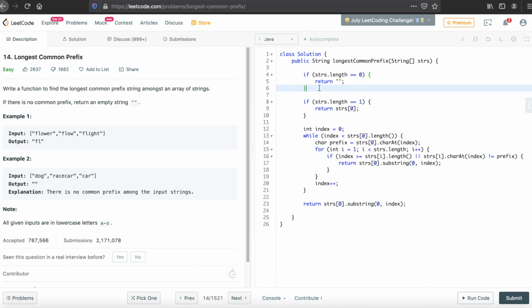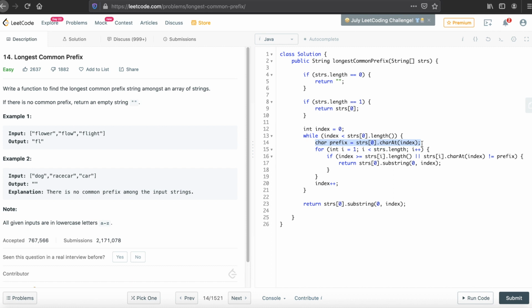So let's see our code. First we have tackled the base condition, that is string dot length equal to 0. Now string dot length equal to 1, we have returned string 0. Now we have taken our index equal to 0. Now our while loop goes from index till string 0 dot length, and we have incremented the index here. Now we have taken our character variable prefix and set it equal to string 0 dot character at index.